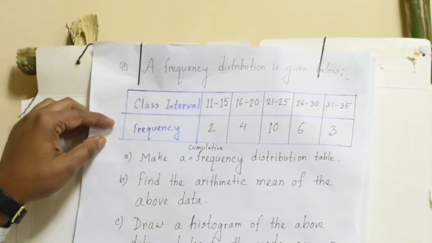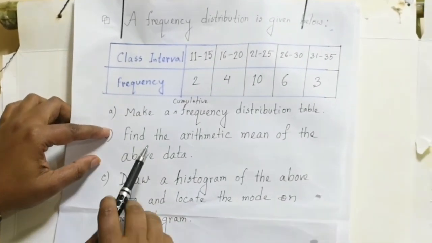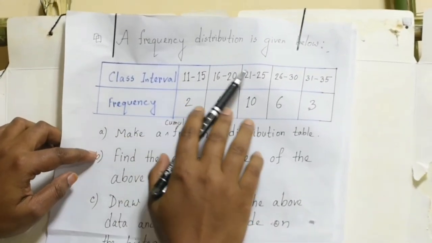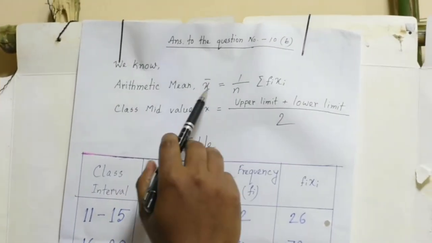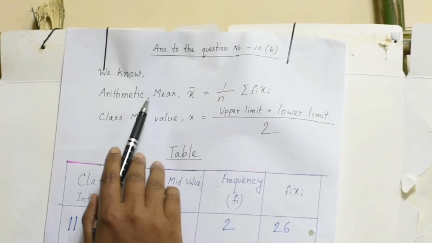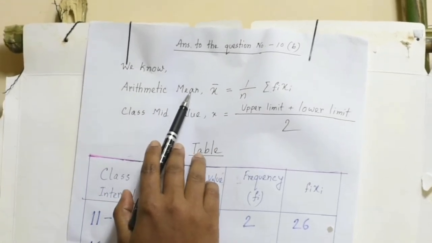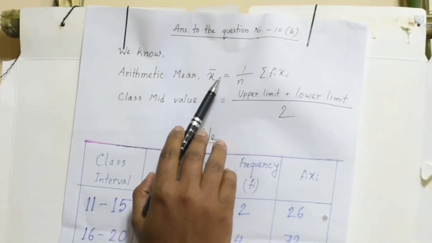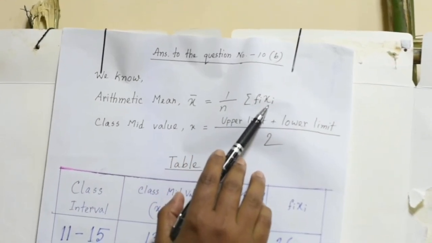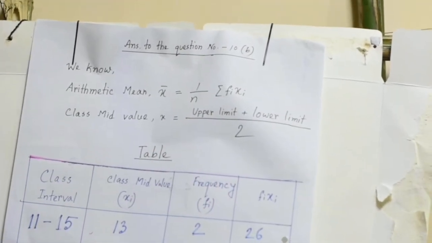So my beloved students, now we will determine the arithmetic mean of this data. Let's see. We have to determine the arithmetic mean. What is the arithmetic mean? The formula to determine the arithmetic mean x bar is 1 divided by n summation fi xi. In the given question,